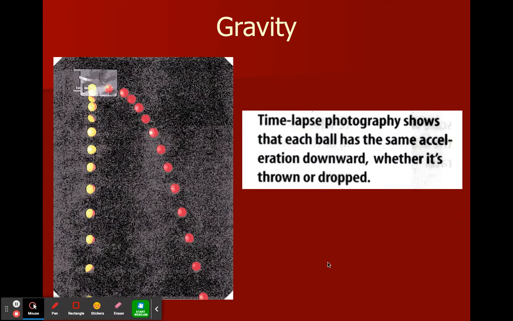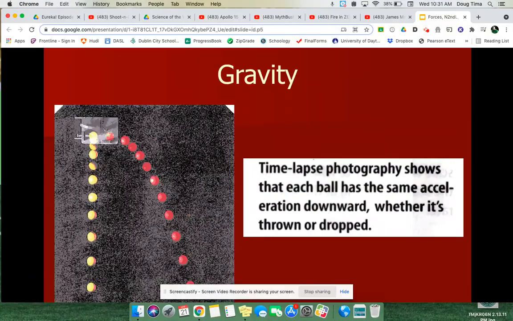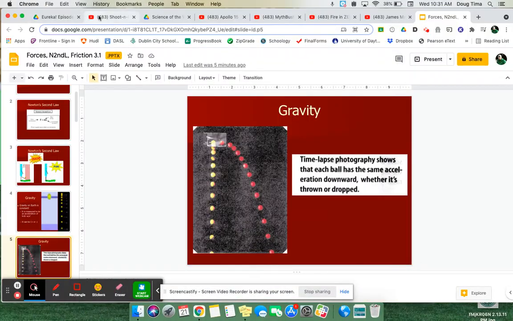All right. The cool thing is gravity is constantly pulling on everything. And if you take physics, you will start talking about this idea of projectile motion, but they actually fall at exactly the same rate. And if you look at every one of these guys, you'll see they line up perfectly. And some of you are like, what are you talking about? There's no way that can be possible. Well, I will do this demo in class, but if you're not in class, I'll show you this right here.